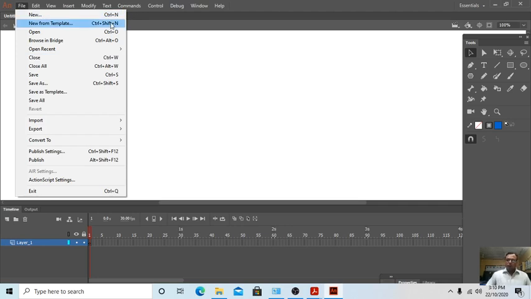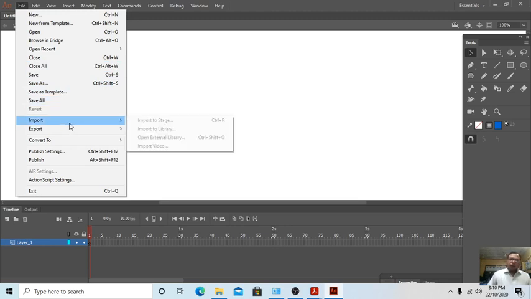New, if you want to, so Control plus N and you will do. Open, Control plus O. You know very well. If you want to open recent, so the files will be here. I have not anything here, so it is not showing anything. Okay, close, Control plus W. If many more files are open here and you want to close all, so Control plus Alt plus W. Save, Control plus S. If you want to change that file, then you can use the save. Save as, if you have made a new file, you want to save it with Control plus Shift plus S or save as file.